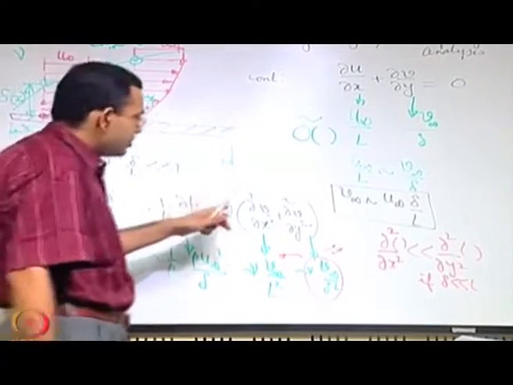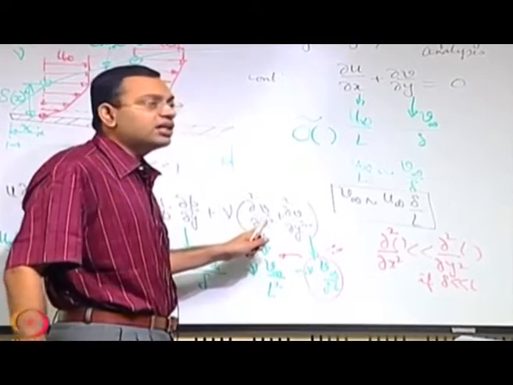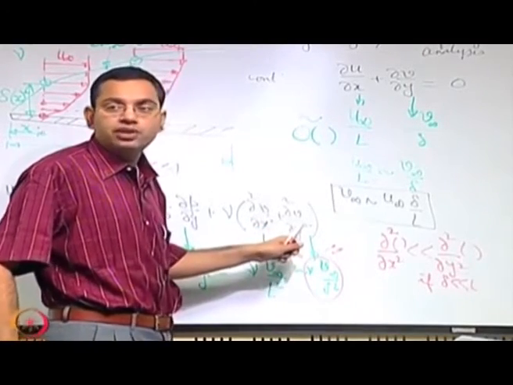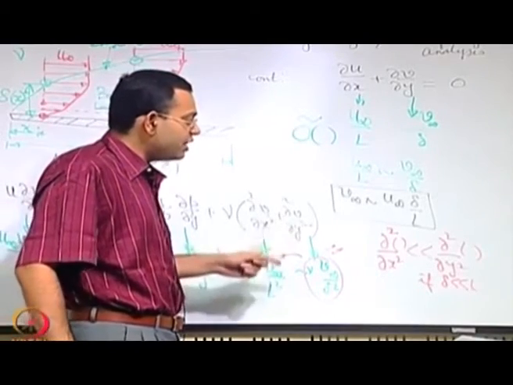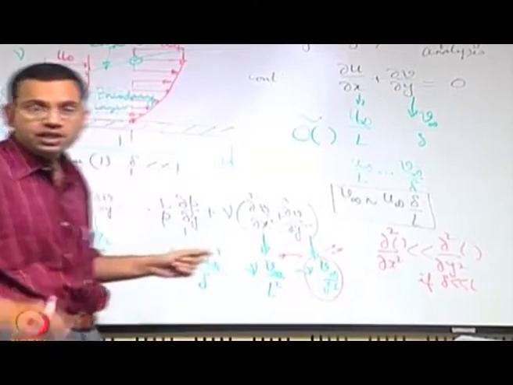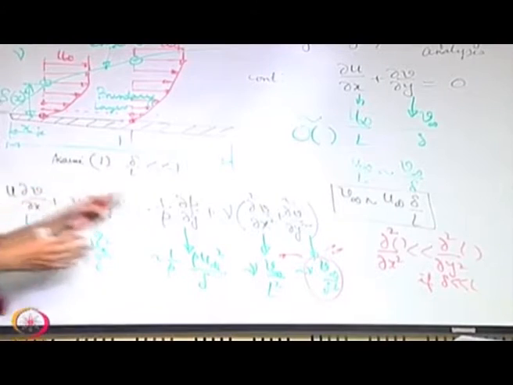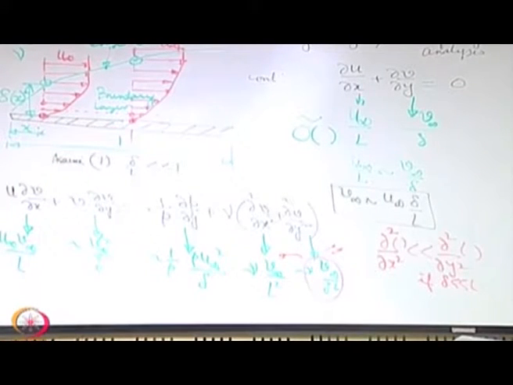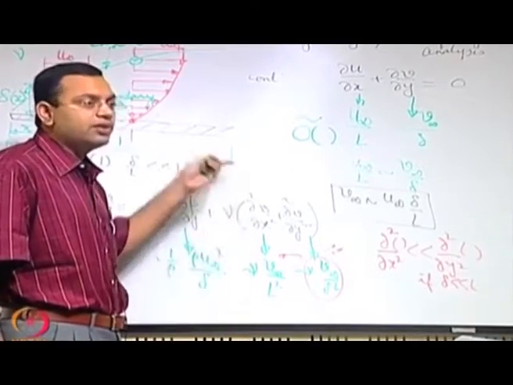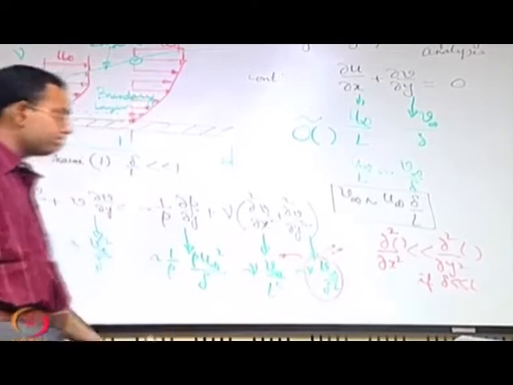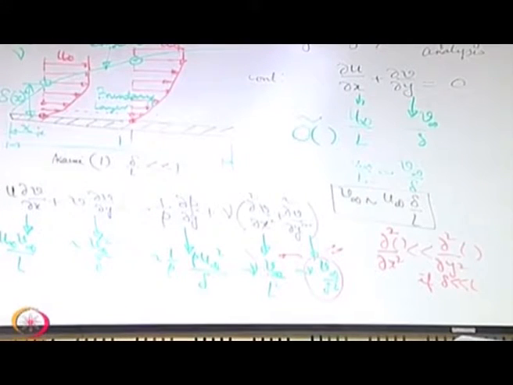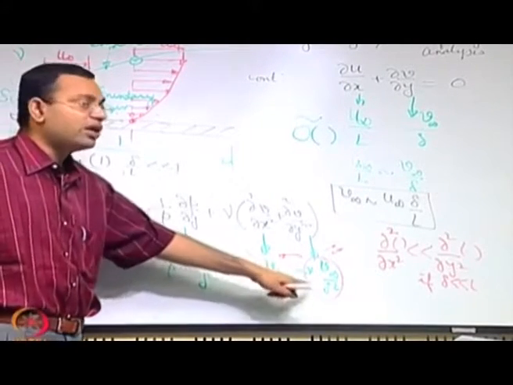The first term is the axial diffusion of momentum disturbance physically, and the second term is the transverse diffusion of momentum disturbance. So, we say that the axial diffusion term is negligible as compared to the transverse diffusion term, that is the way we say this in words. This is one of the important things we will keep in mind, not just for this equation, but even for the x momentum equation we will apply the same logic. So, at least we could get rid of one of the terms, which will not be important so long as the other term is there.